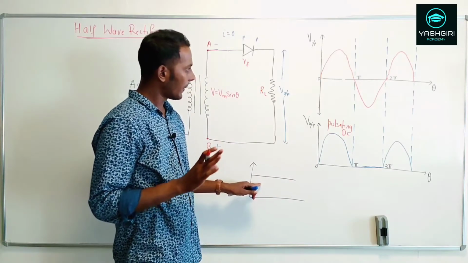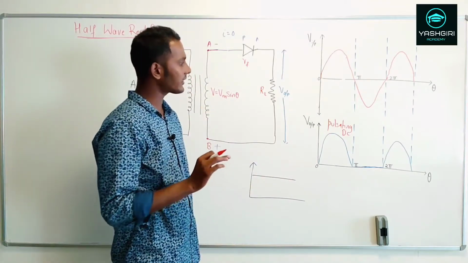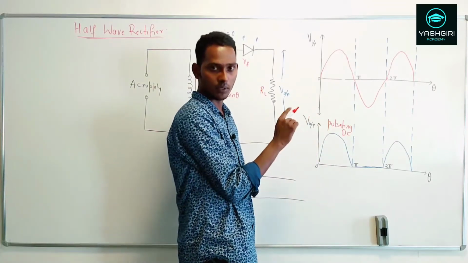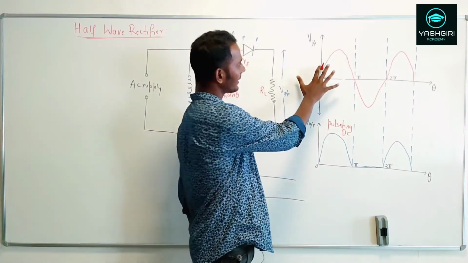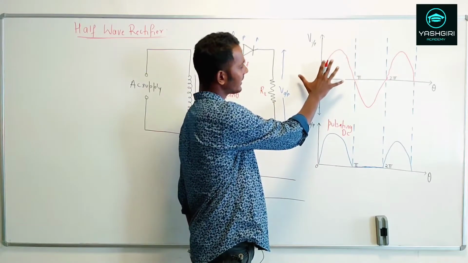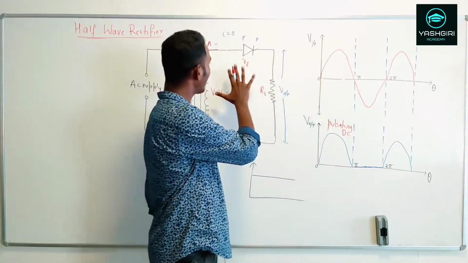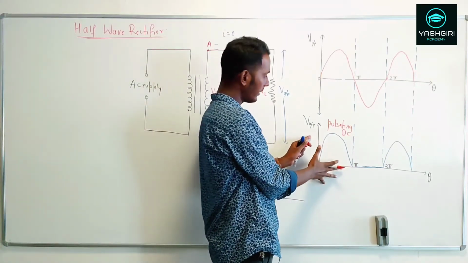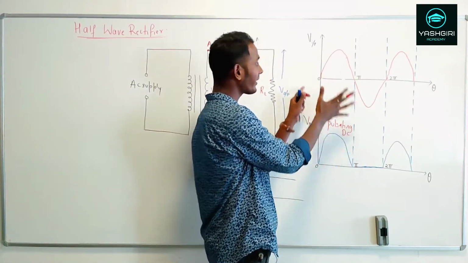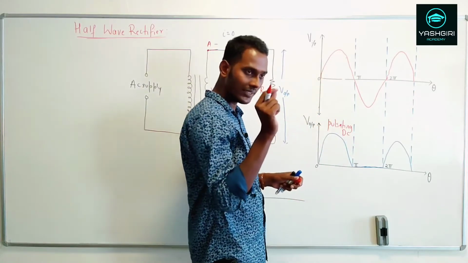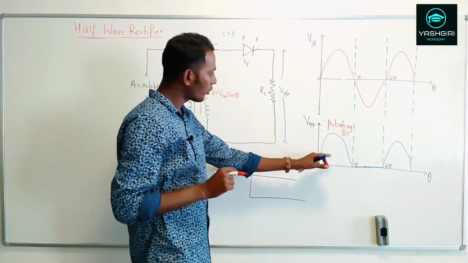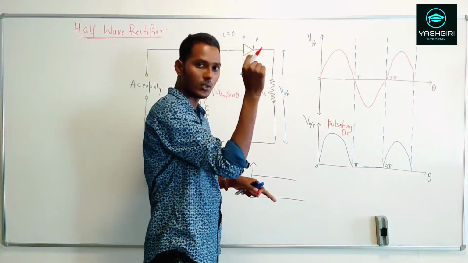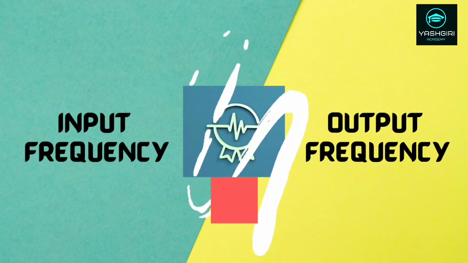That's not the issue. But the main disadvantage is that it just rectifies half the signal of the input. So if you look at the power, the AC power that is supplied at the input, and if you just calculate the DC power supply, it is exactly half of the input power supply. So that is a big disadvantage. At the output, you are going to get very little power. Okay, so that is a disadvantage.